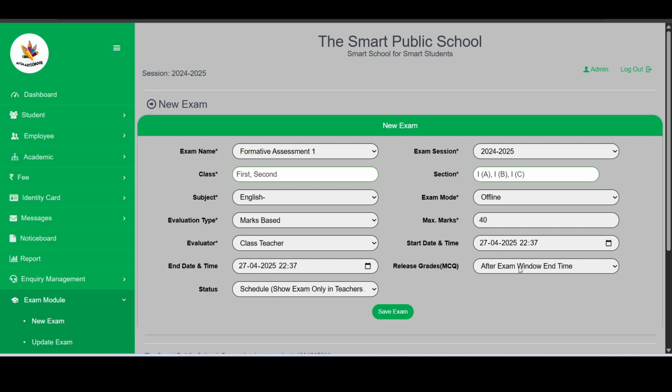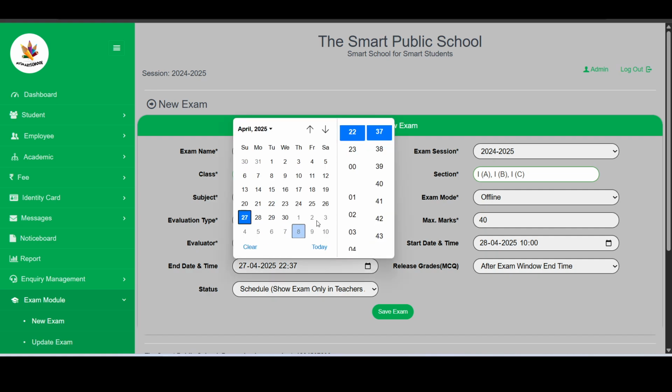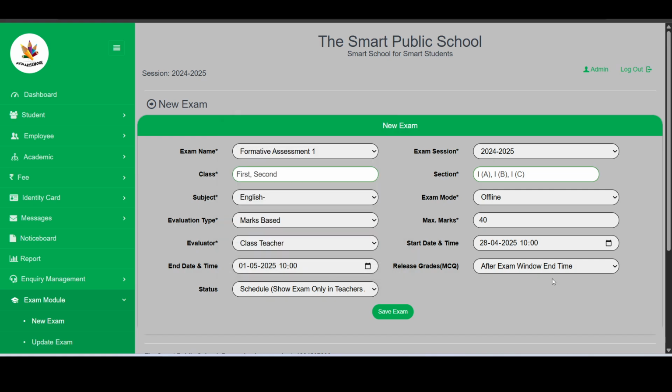When we select this, for the exam window, for example, we are selecting this exam will be on 21st April, and let's select some time, for example 10 a.m. Then the exam window means we want to show this exam's marks to the students from a particular date, for example 1st of May after 10 a.m. Like that, you can select any time. And here we selected the after exam window time.